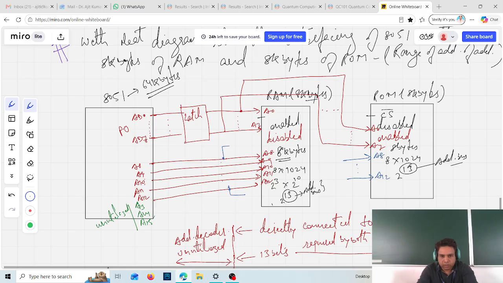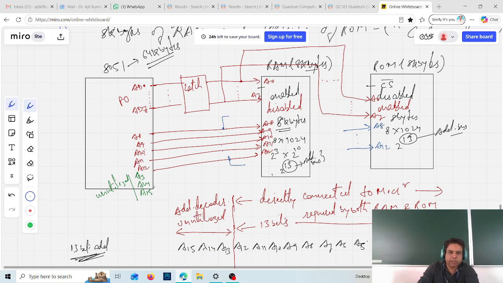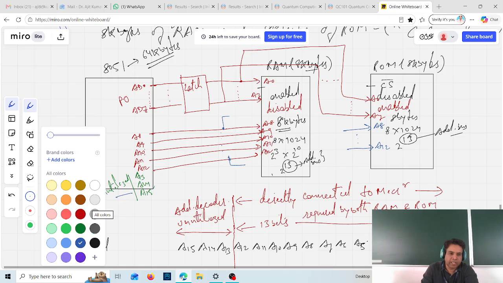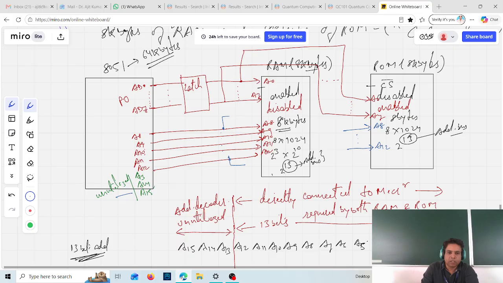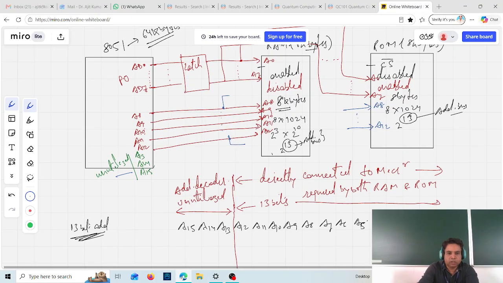Fine. Now, a very important concept comes here: what to do with this unutilized A13, A14, A15. So they will be used as an address decoder circuit. Okay, we will utilize them as an address decoder circuit. So what I will do is, I'm going to make,